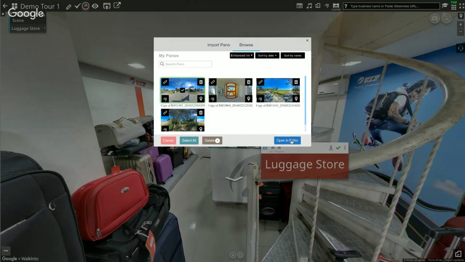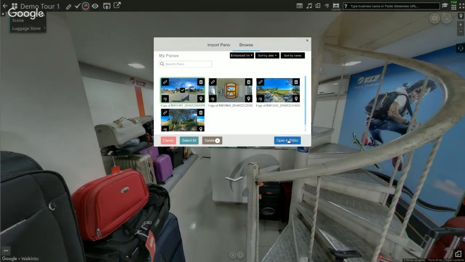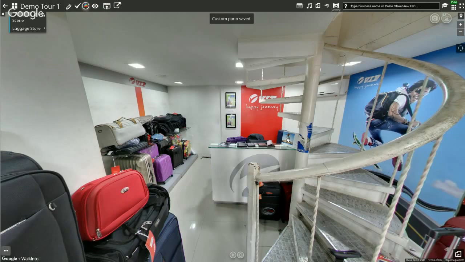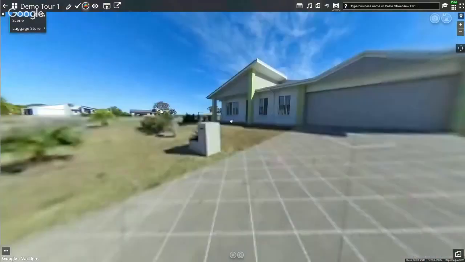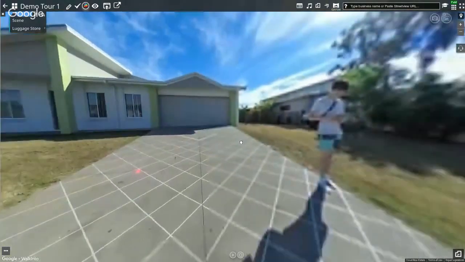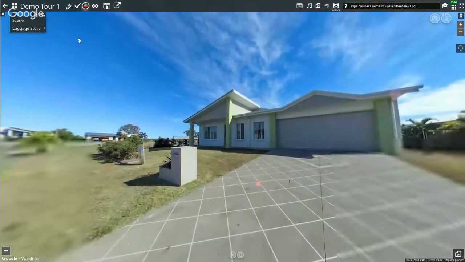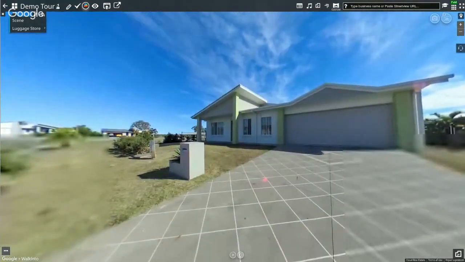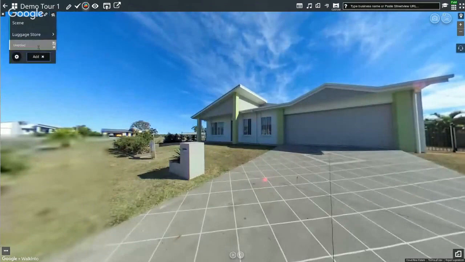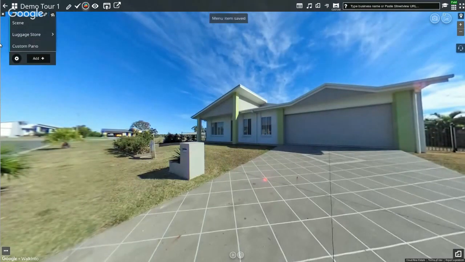I could click on open in editor, and that should give me a panel here. And so this is not on Streetview. This is coming from elsewhere, and you can just call it a custom panel. So now if you take a step back and look at this, what we have just done is